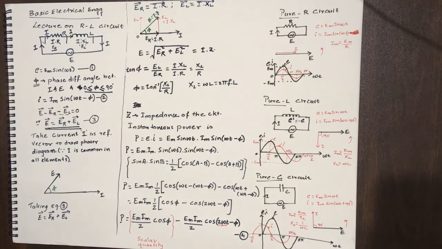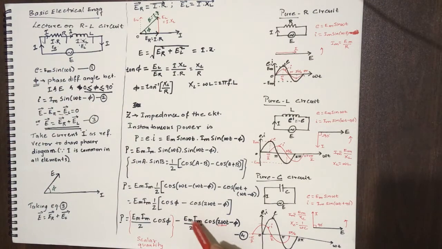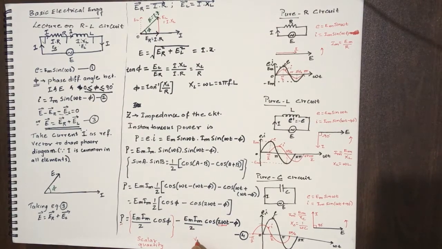Now what is the problem if it represents a vector term? Because we have already declared that voltage and currents are vectors, obviously the combination of voltage and current may come out to be a vector. But fundamentally we know power is a scalar quantity. Therefore, any presence of a vector term in the equation of power will not hold good. So the existence of any vector term in the equation of power should be discarded. Therefore, the second term in equation 4 should be directly discarded because it contributes a vector quantity.